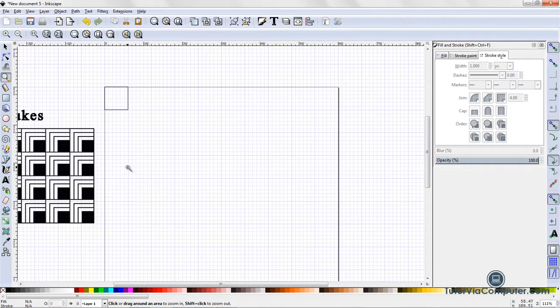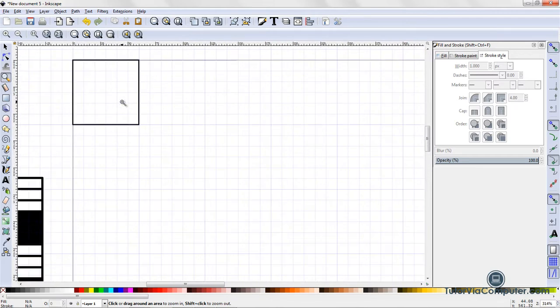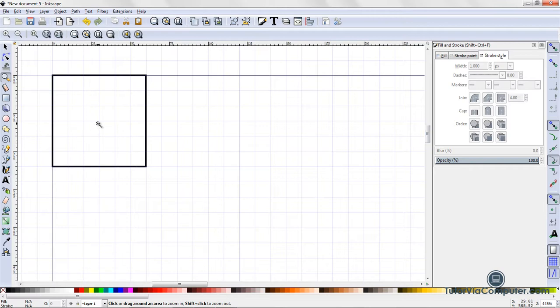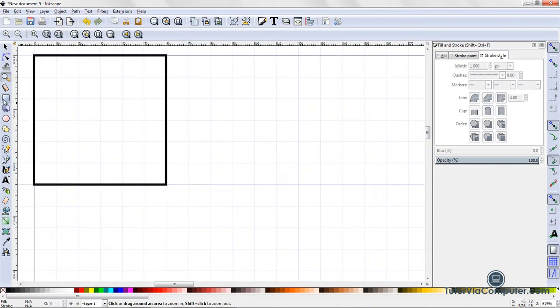Okay, so now when I look at my example of flukes, I see that it has a little square here. So I'm going to click on my zoom tool, zoom in, so we can see it a little better. And then I'm going to click on my rectangle tool to activate it. I'm going to come 3 blocks down and 3 blocks over. When the little bubble says handle to grid intersection, that's where I want to snap, so I'll click and